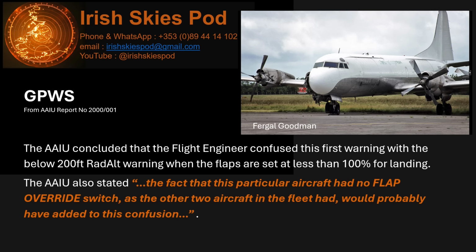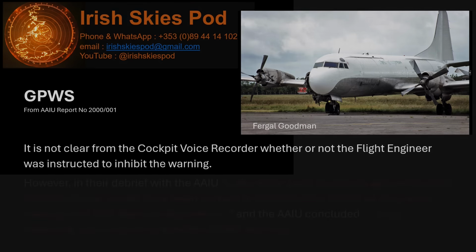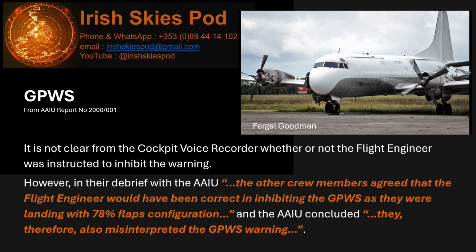The AAIU also stated the fact that this particular aircraft had no flap override switch, as the other 2 aircraft in the fleet had, would probably have added to this confusion. It's not clear from the cockpit voice recorder whether or not the flight engineer was instructed to inhibit the warning. However, in their debrief with the AAIU, the other crew members agreed that the flight engineer would have been correct in inhibiting the GPWS, as they were landing with 78% flaps configuration, and the AAIU concluded that they therefore also